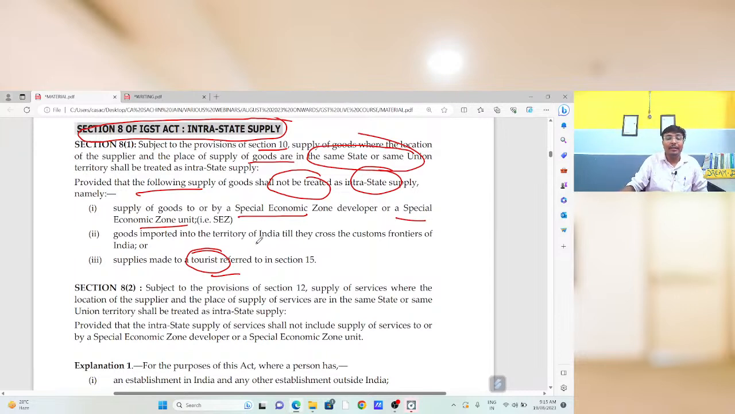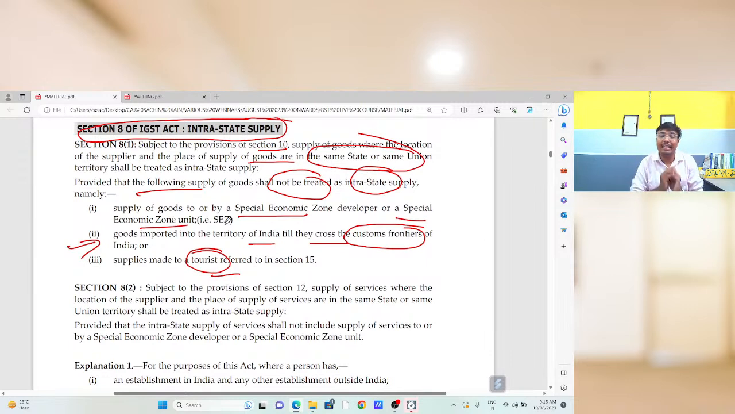Goods imported into the territory of India, till they cross the customs frontiers, will also not be treated as intra-state supply. So from this also we understand that in case of import of services, CGST and SGST will not be levied, because Section 7 is also saying that the same is to be covered